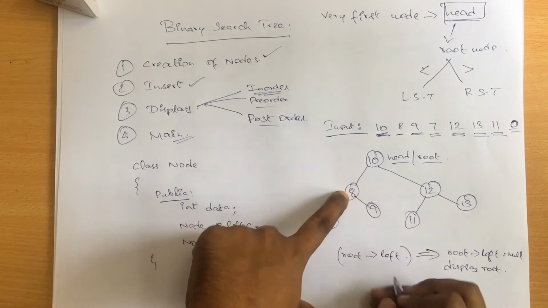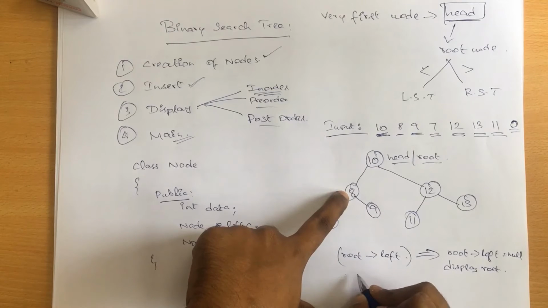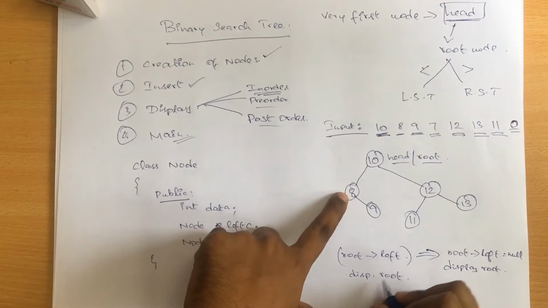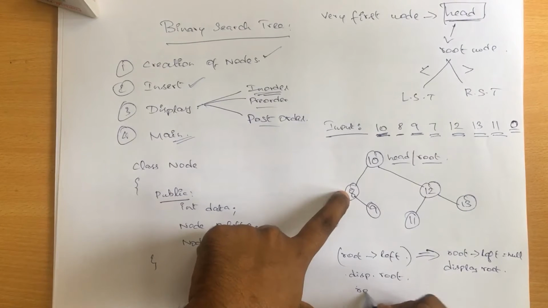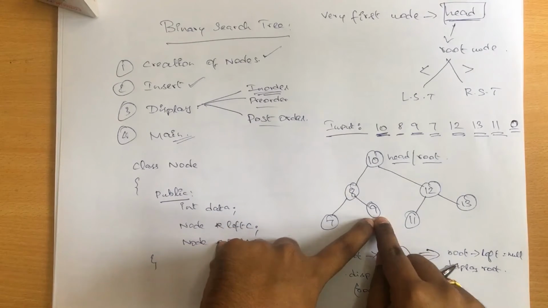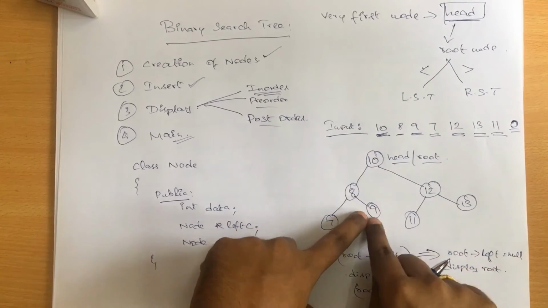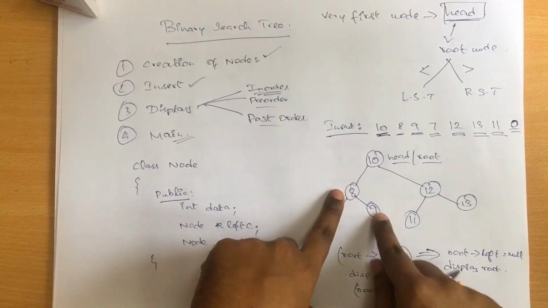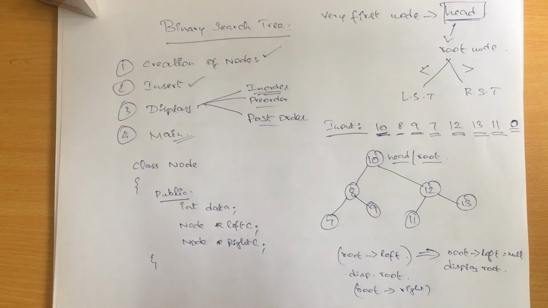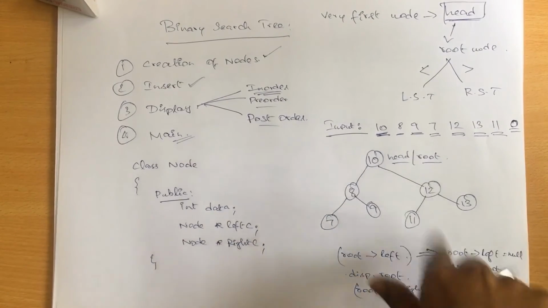And now what I'll be doing is, after this I'll be writing display of root. After that I'll move with root of right. So in this place I'll be moving with root of right, so I'll move with 9. When I come back to the same function with 9, it doesn't have a left node as well as a right node, so you'll be displaying the value 9 itself, right? So this actually works with multiple recursive calls.